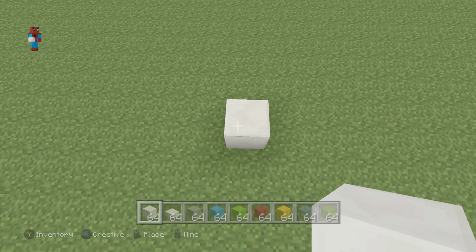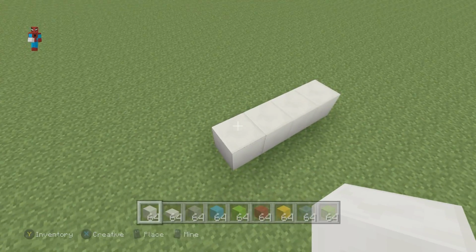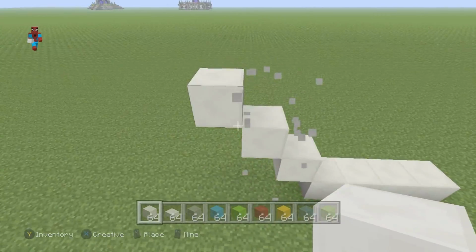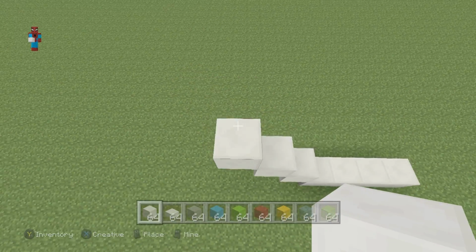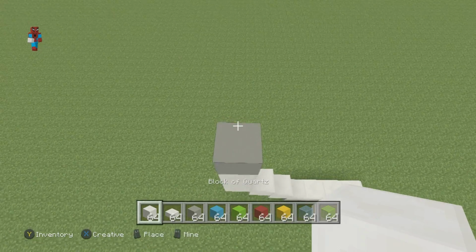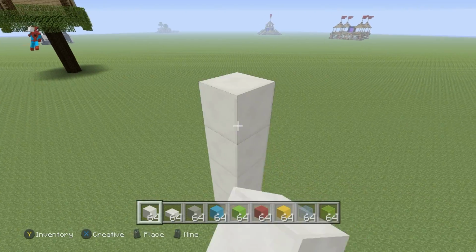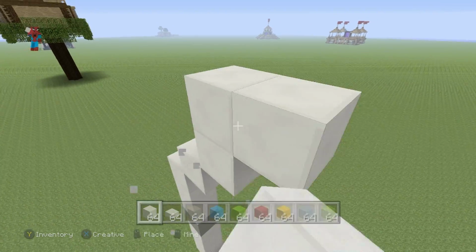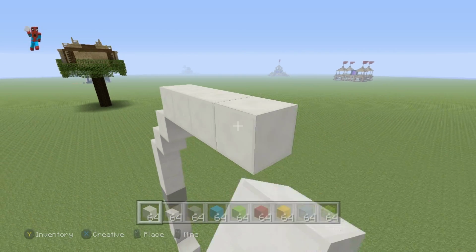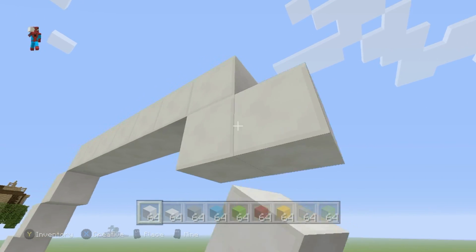We're going to go left of this block by 3. 1, 2, 3. Then we're going to do 3 upper left diagonals. That's 1, 2, 3. We then want to go up by 2. 1, 2. Place a light grey concrete, then go up by 3, 1, 2, 3, do 3 upper right diagonals, 1, 2, 3, then go right by 6, that's 1, 2, 3, 4, 5, 6, do 3 bottom right diagonals,